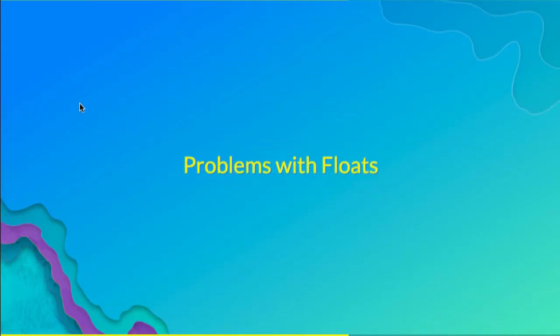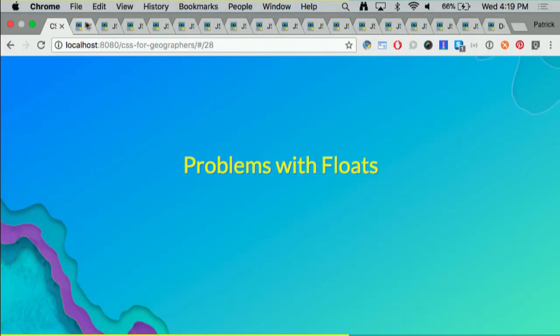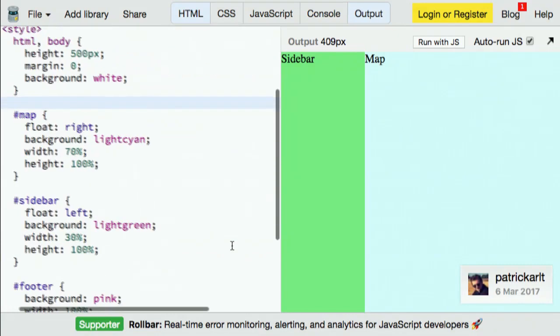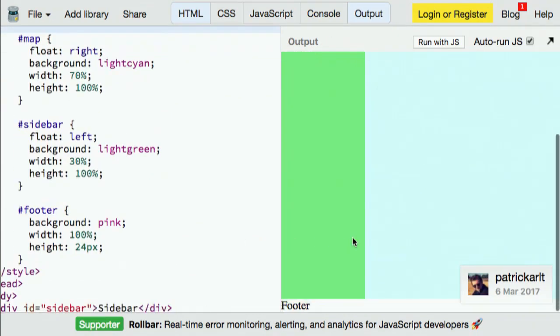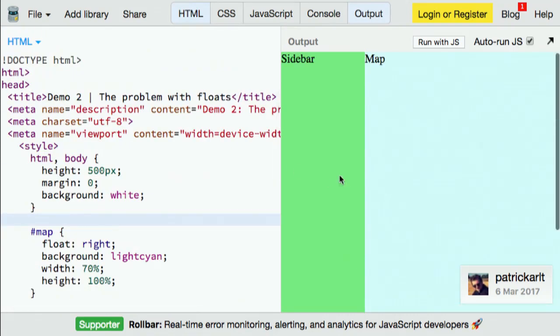Except then you get to the unpleasant part. Because we also wanted to add a footer. Except our footer has a pink background, and our footer doesn't have a pink background. Where is our pink background? Our pink background is behind our sidebar right here. It's behind the sidebar in the map because we picked up the map and the sidebar and we put them on the left and we put them on the right, and then the footer said, hey, I can go all the way up here because there's nothing blocking my way. It removed the sidebar and the map from the flow of the document,